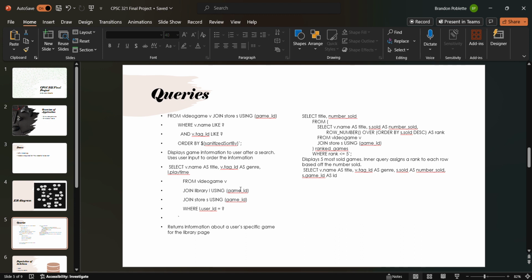This query over here required multiple joins for it to work. This query is the one that returns the information about a user specific game for the library page. The playtime is stored in library, and the game ID, for example, was stored in the video game section or database. So I had to join multiple tables for it to be able to print out all the information I wanted